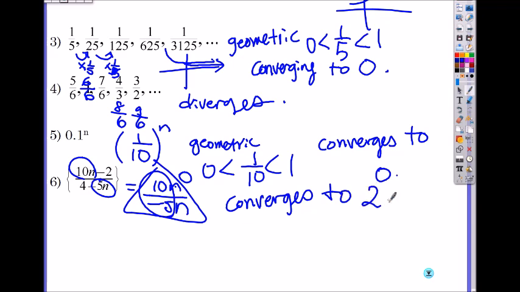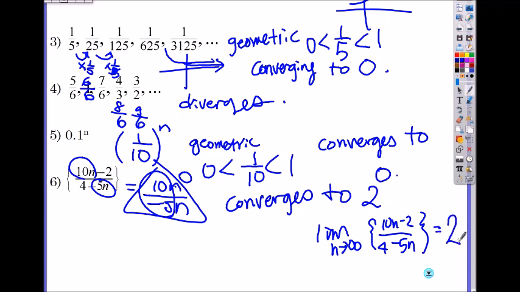The limit is -2. So how would you write it? The limit as n approaches positive infinity of that sequence over -5n equals -2. Okay. So go